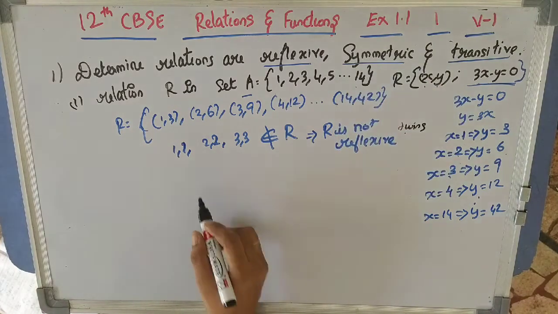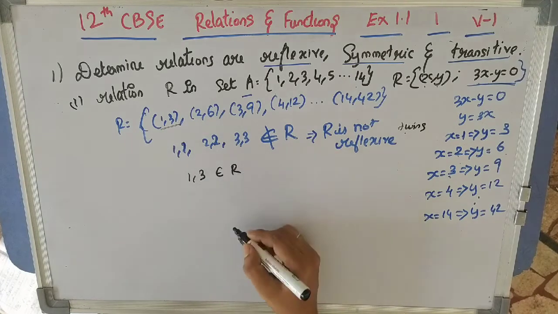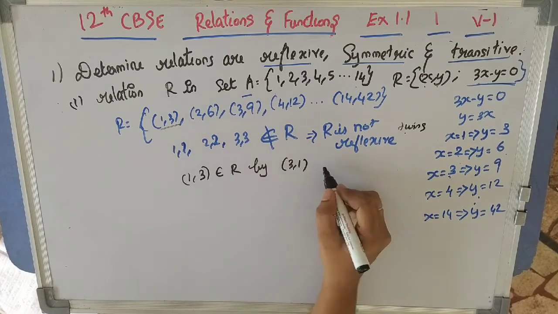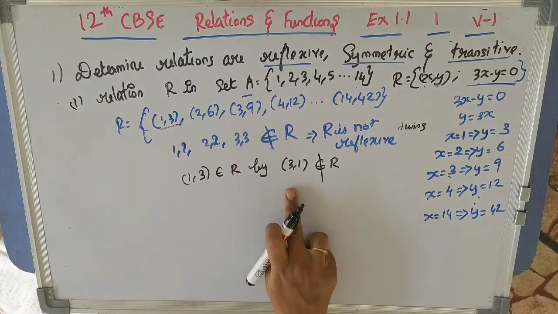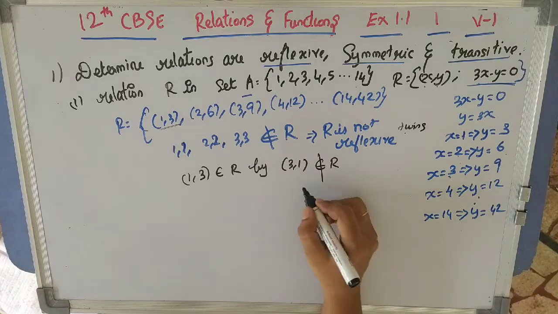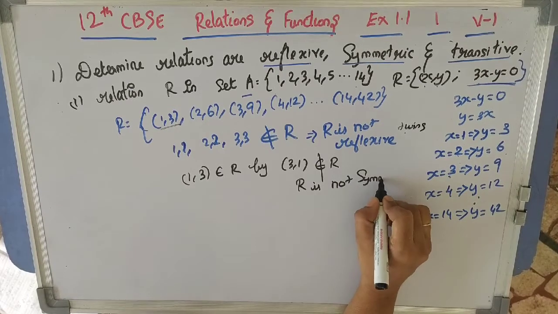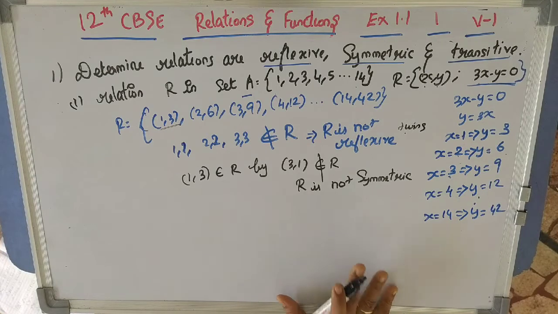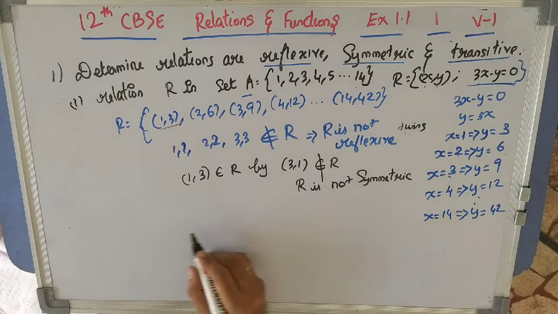What is a symmetric relation? Here, (1, 3) is an element of R. For a relation to be symmetric, (3, 1) must be an element of R, isn't it? But here in R, we can't find (3, 1). There is only (3, 9). Therefore, this relation is not symmetric. You can take any example. Here (2, 6) is there. We can't find (6, 2), isn't it? So R is not symmetric. Clear? As I said before, you can understand better when you do the exercise.